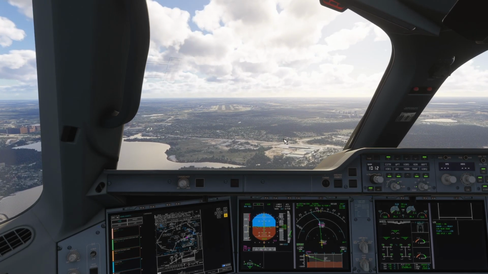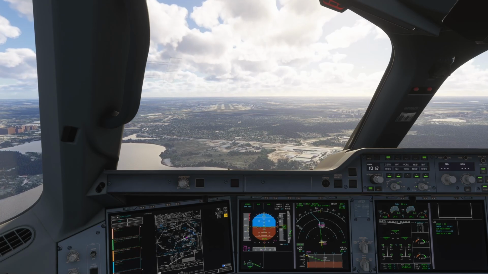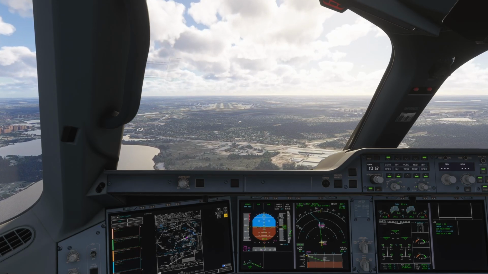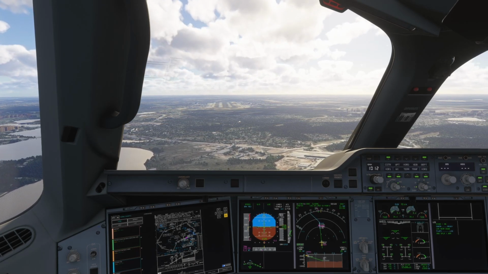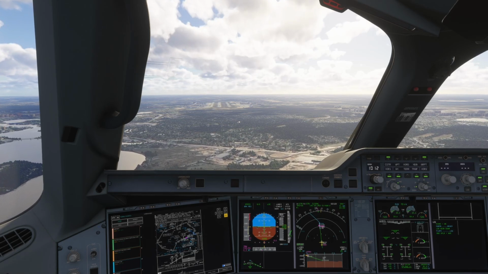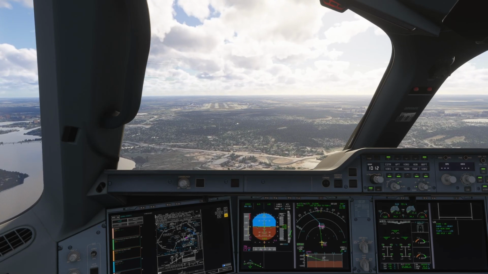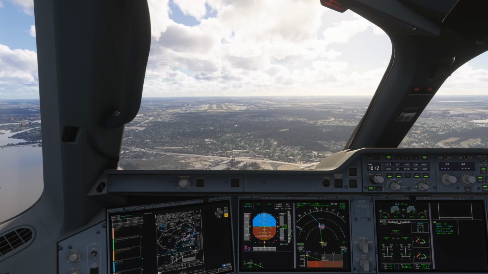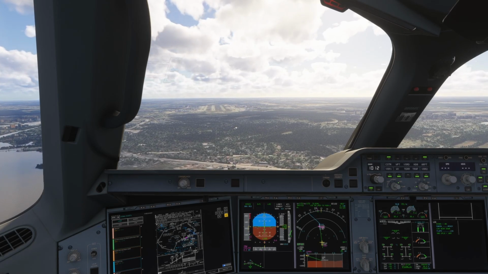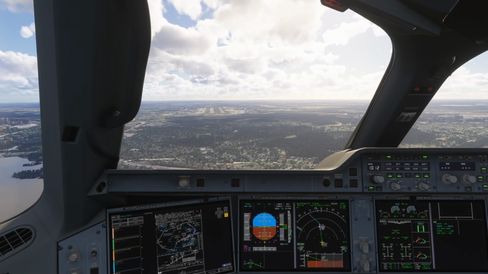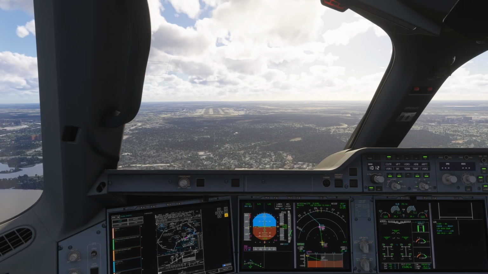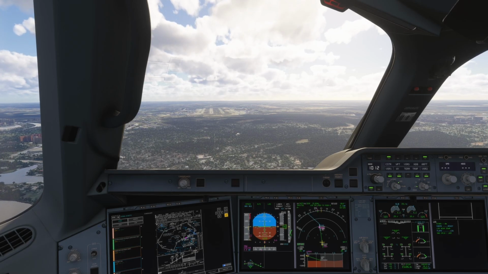We need to slow this plane as soon as possible now, but we have loads of room already. And flaps full.